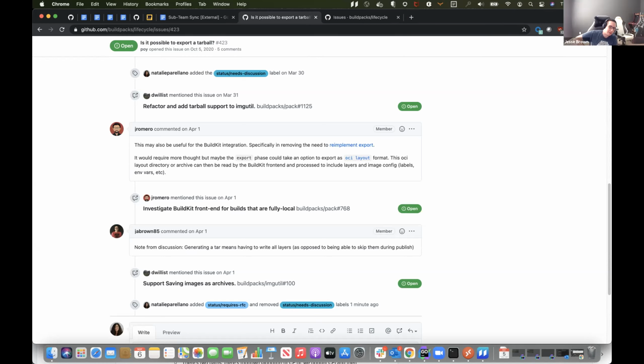A third approach we could take, because this already exists, is to create library methods only for this without changing the spec or the RFCs. Lifecycle doesn't have to, he's not calling the lifecycle binaries to do the export.